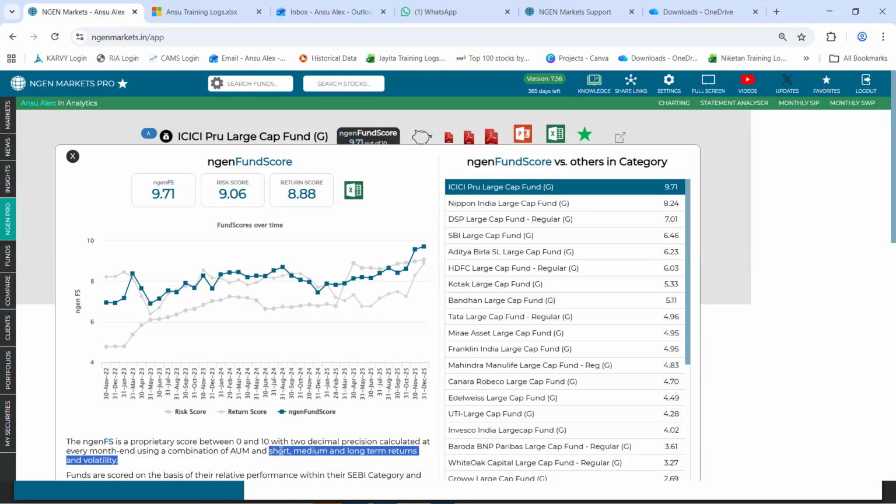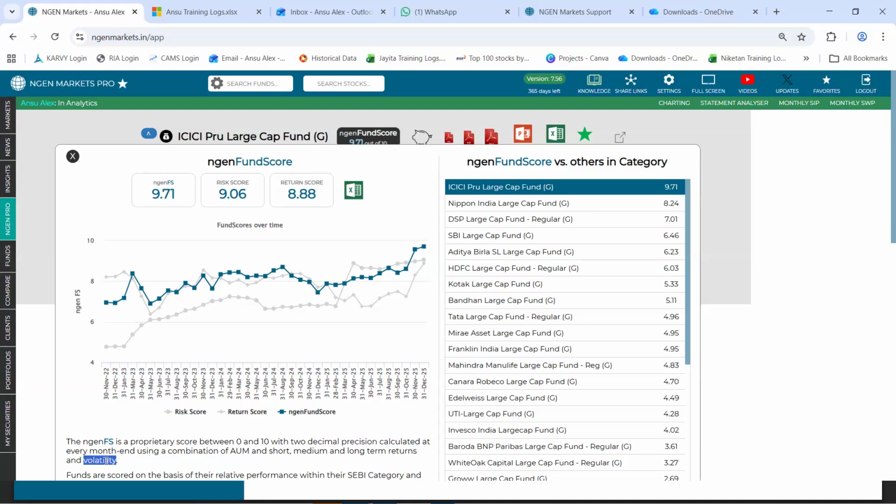Short is 1 year, medium is 3 years, and long is 5 years returns and volatility. 30% goes to each of short, medium, and long. And within that, the 30 gets distributed as 15 to returns and 15 to volatility.